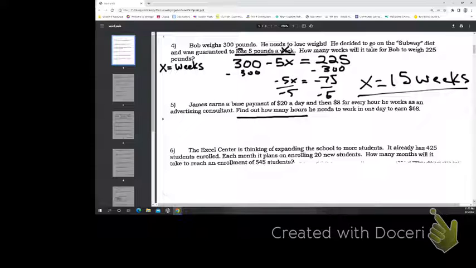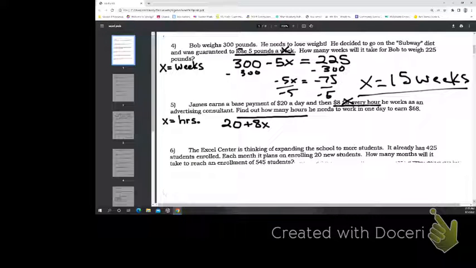And this is how many hours he needs to work in one day. Okay. So he gets a base pay just for showing up, and then he gets so much for every hour. Be kind of nice if you just got that much for showing up, but so $20 for the day, and he's only working. We're just talking about one day, so the 20 is just happening once, and then the $8 is for every hour. So that's going to be the one that gets our X,